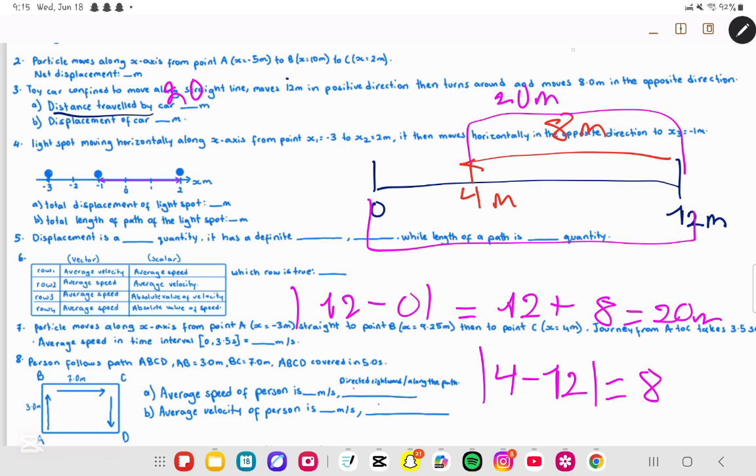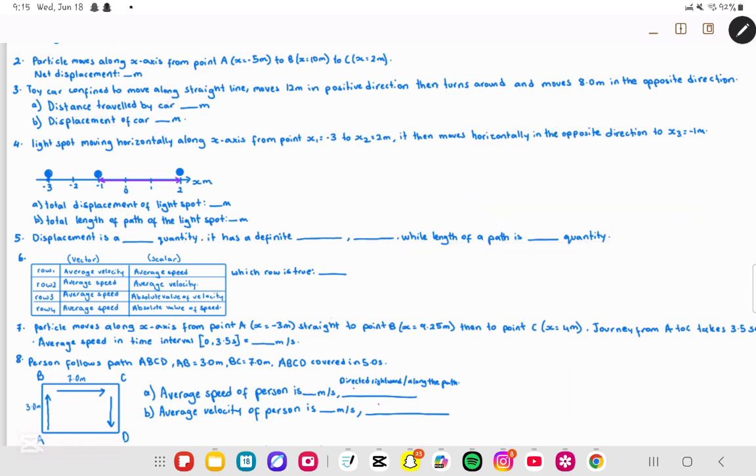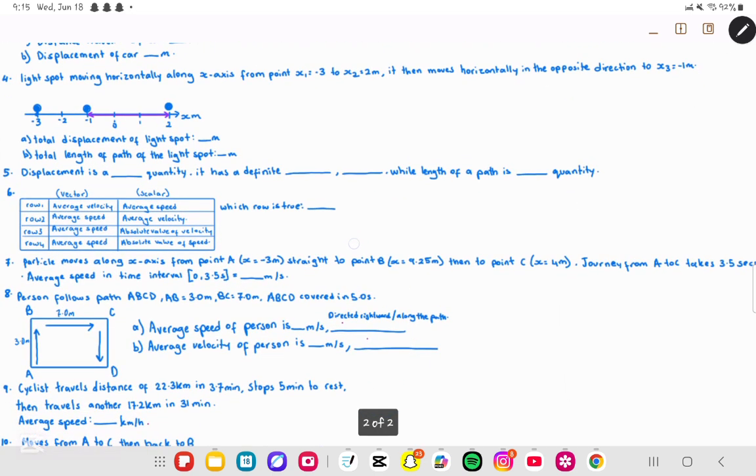Whereas the displacement of the car is x final minus x initial, so 4 minus 0. So the displacement is going to be 4 meters. Okay, we'll move on to question number 4. It says,